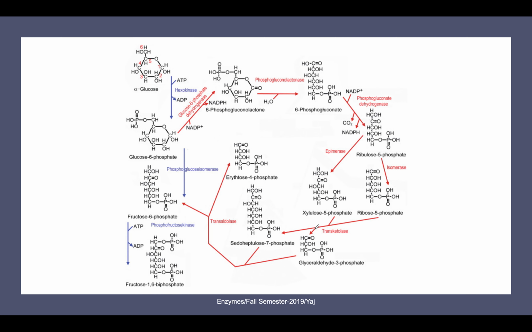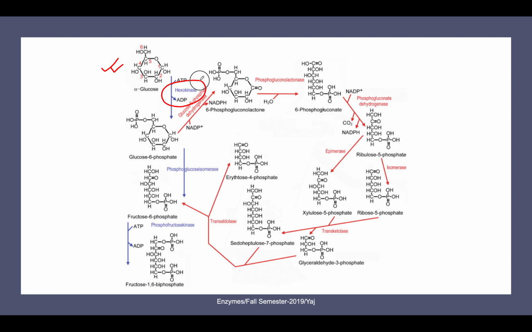So this is the general schematic of the pentose phosphate pathway. As I told you, at a glance it looks pretty complicated, although it is not so. The starting material of the pathway is glucose, and the starting enzyme is all the time hexokinase, because as